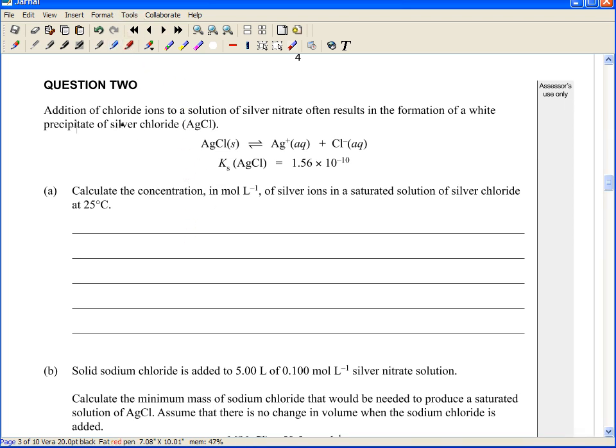Question 2. The addition of chloride ions into a solution of silver nitrate forms a white precipitate of silver chloride. This is a Ks one, so we're now talking about solubility. We've moved away from acids, and here we go. Calculate the concentration in moles per litre of silver ions in a saturated solution of silver chloride at 25 degrees Celsius. Okay, cool. So we need to know the maximum silver